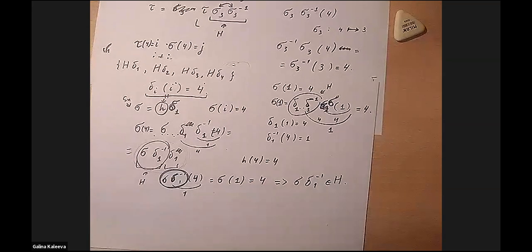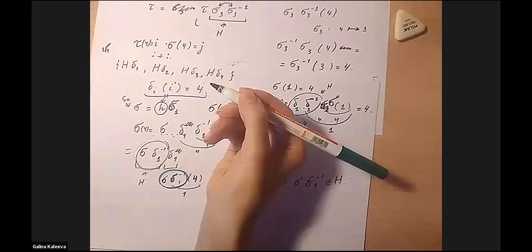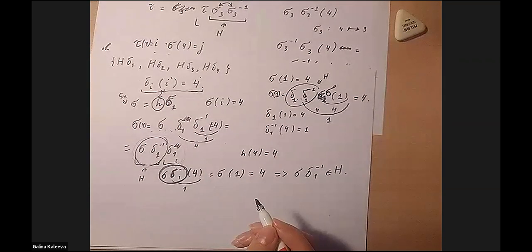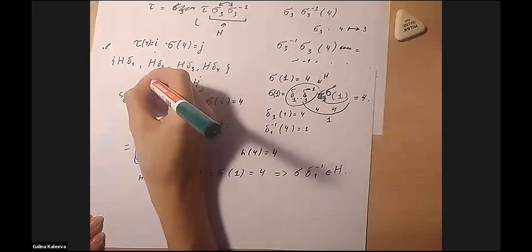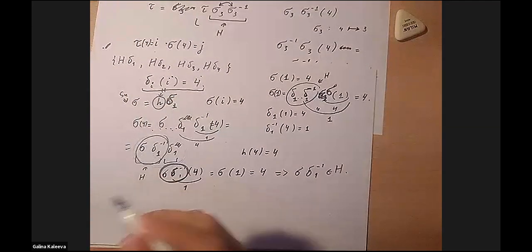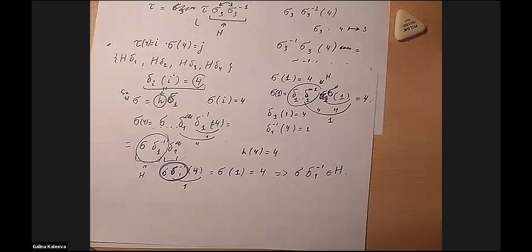Sorry for interrupting. Now I don't get why our sigma of 1 equals 4. It equals 4 because we denoted this element in this way. But it was about the fixed ones with index. Yes, this delta 1 of 1 equals 4. Okay. And delta 1 to the minus first power of 4 equals 1. It's like going back in the opposite direction. Yeah. But I mean the last row, when we